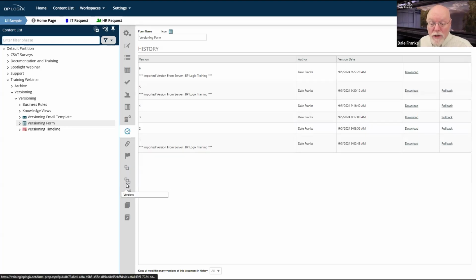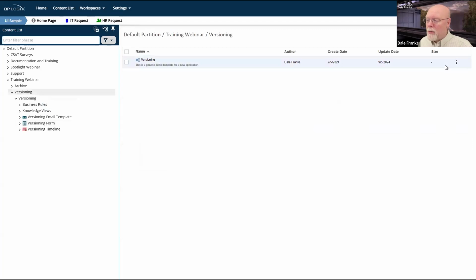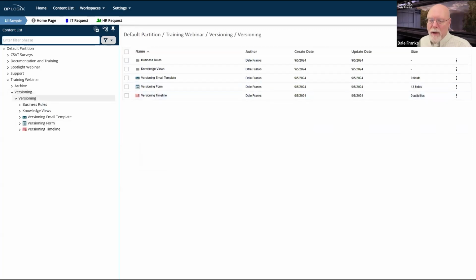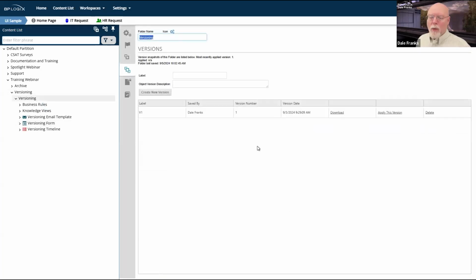But for the versions, we live in a slightly different world. And I do want to go back up here to my folder. And the world we live in, versioning is that the download button downloads XML for us, which is importable. The versioning on forms does the same thing. It downloads the XML for that form. You'd have to be very cautious with that because you would now be importing just the form itself, not the entire application.